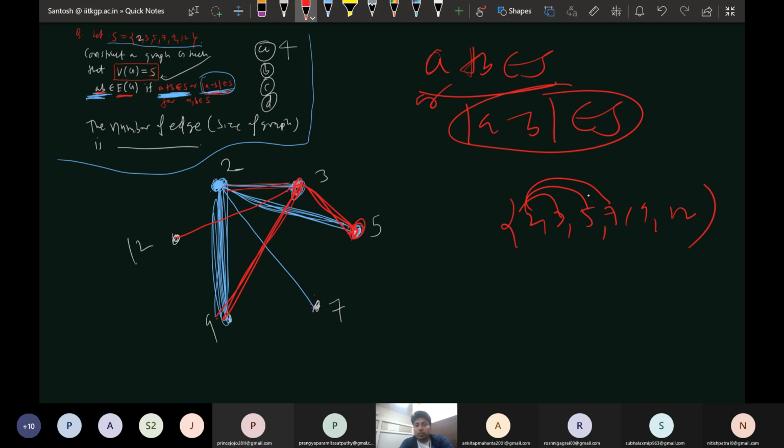2 को 3 से, 2 को 5 से, 2 को 7 से, 2 को 9 से, 2 को 12 से किया। फिर मैंने क्या किया? फिर 3 को 5 से, 3 को 7 से, 3 को 9 से, 3 को 12 से चेक किया। अब 5 की बारी है। 5 को 7 से चेक करेंगे। सो 5 + 7 = 12, 12 है इसमें, यस, तो